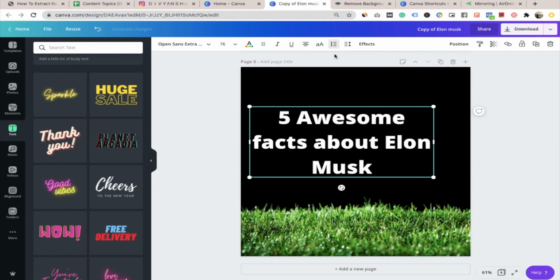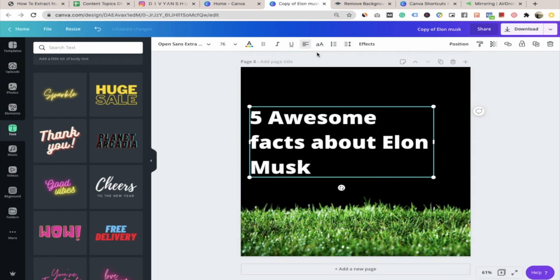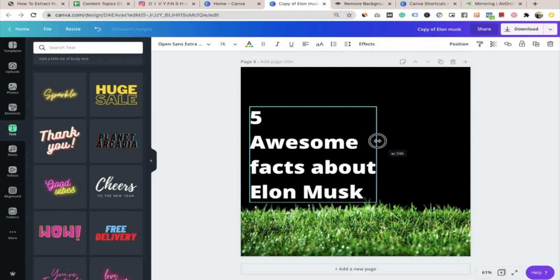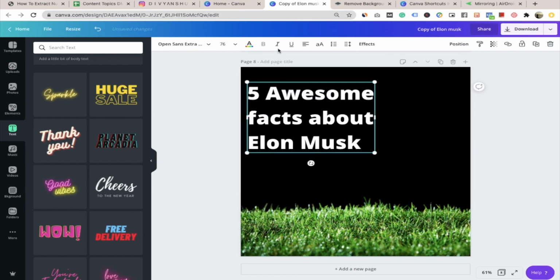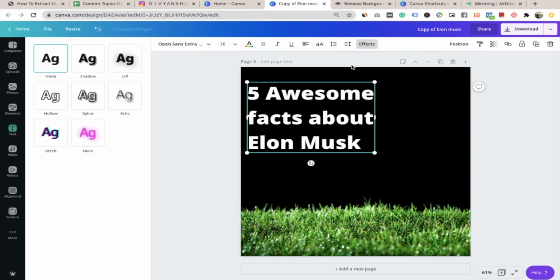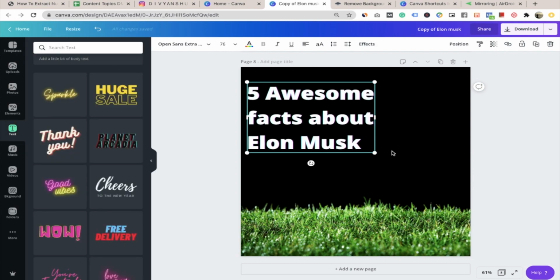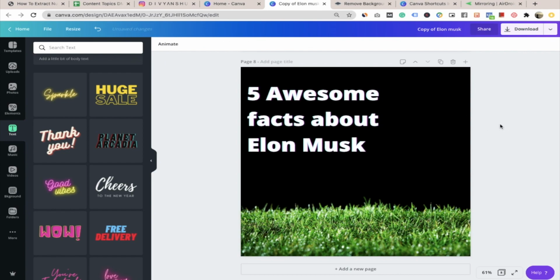Okay, my bad. So making these adjustments. Okay, so if I want to put a shadow etc., I can, you can use these effects over here. So I basically use the glitch effect. So you can use this glitch effect from here. Okay, done. Since I want to indicate to people that this is going to be a carousel set of images, so you need to swipe through.